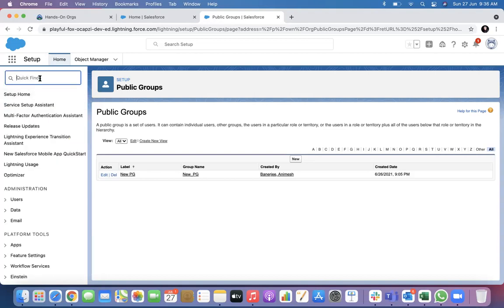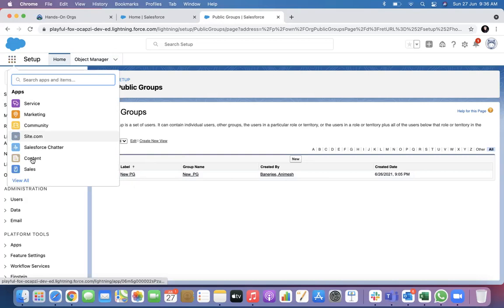A public group can be random. It does not need a method to madness. It can be any set of users, whom you want to share with or whose record you want to share. It can be used for both finding out whose record to share and whom to share with. So that is the benefit. Let's go one by one. Let's first see the manual options of sharing.